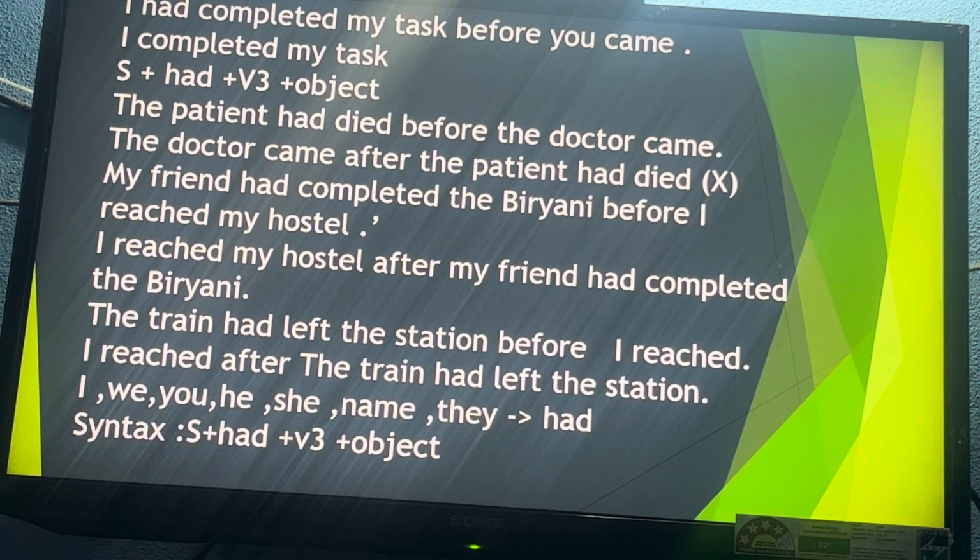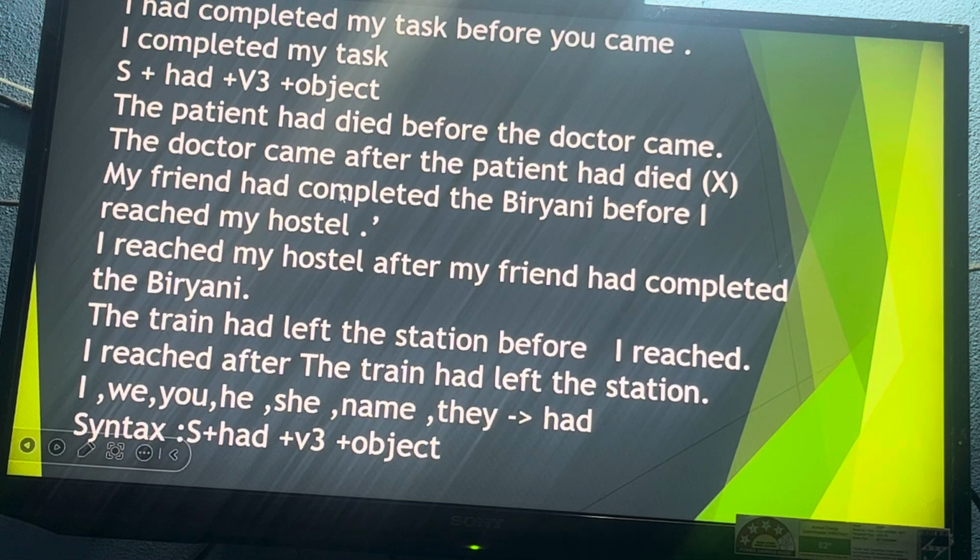Now the parents may or may not be able to understand the whole thing, but they could understand one thing, that is the keyword after. What they may understand is the doctor came after, it means the doctor came late, thus their BP goes high and they think that it's the doctor's fault. Whereas the compounder has used the keyword after. I mean, he is using the same tense, that is past perfect, but only due to this after,